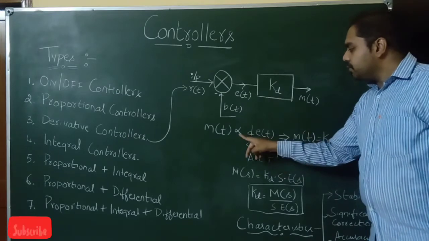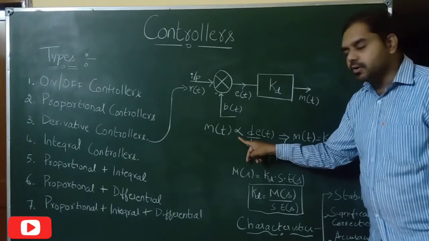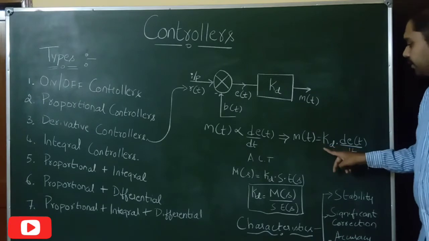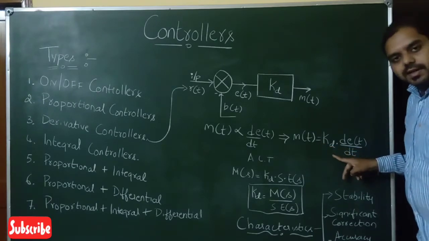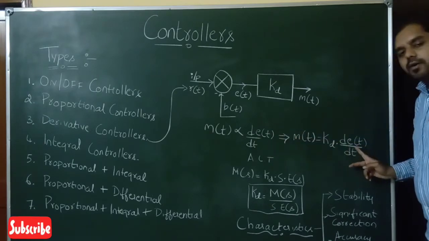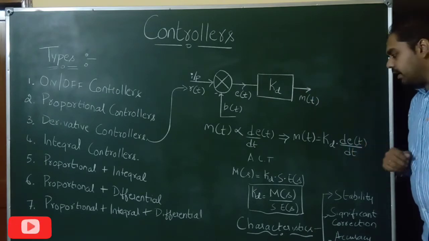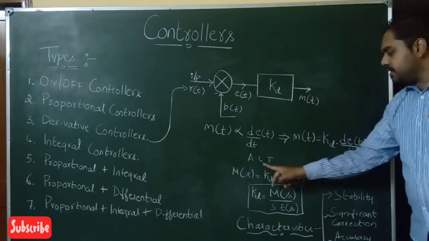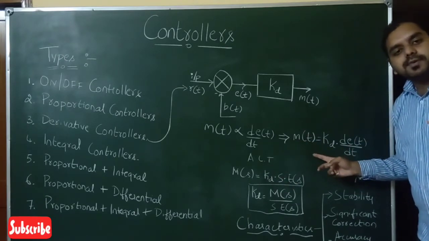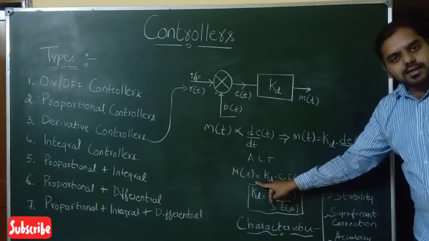Now, when we want to remove this proportionality symbol, we will be putting an equal symbol and a constant here. So, doing that, we will be writing this equation as m of t equal to kd, that is nothing but the gain constant here, multiplied by the remaining term, that is d by dt into e of t, that is nothing but the input to the derivative controller here. Now, for this expression, applying the Laplace transform on both LHS and RHS, we will be converting the expressions which are in the time domain to the frequency domain now.